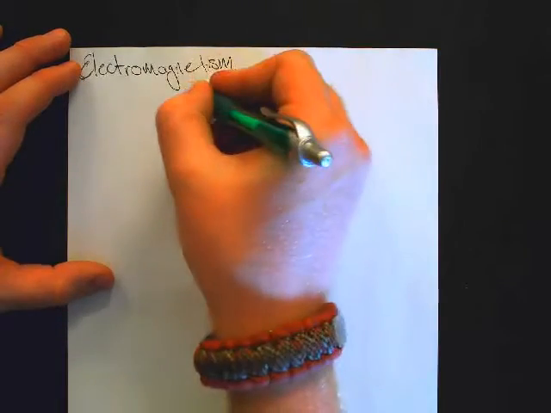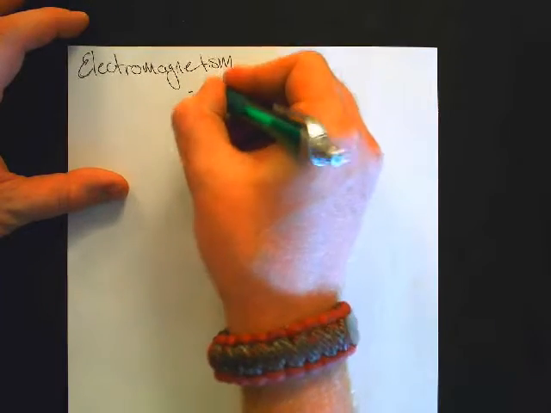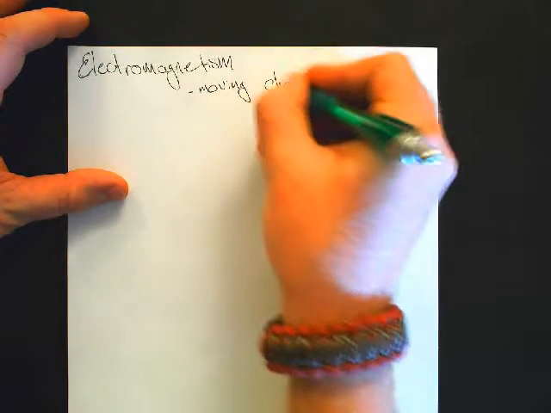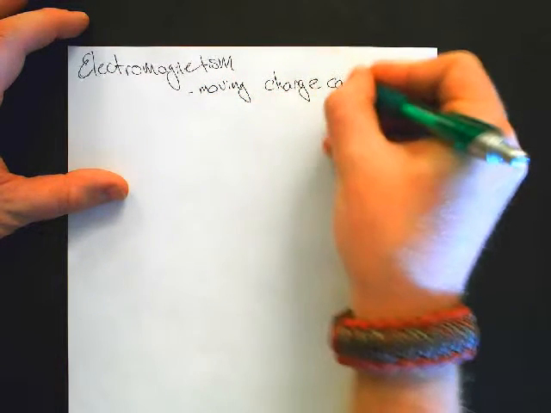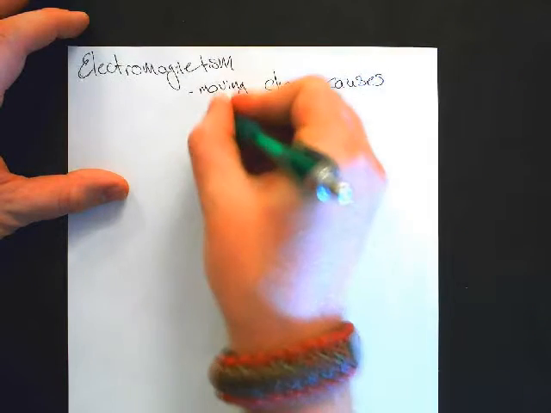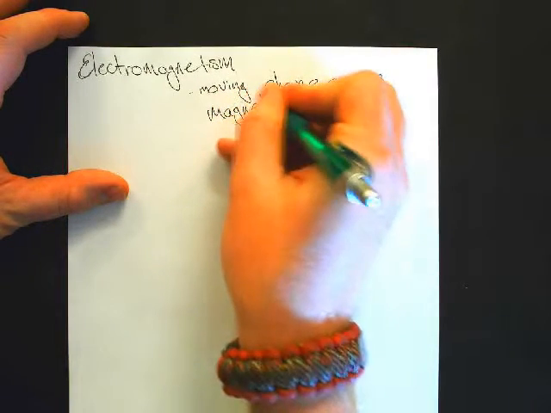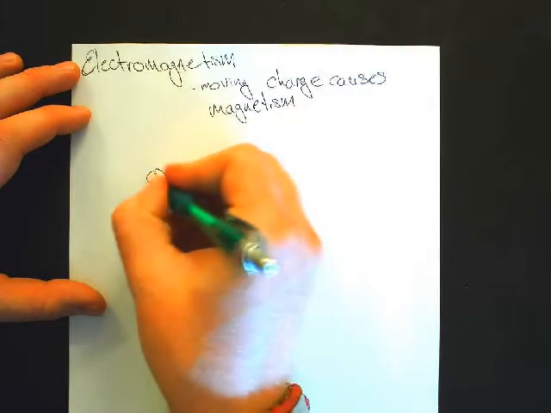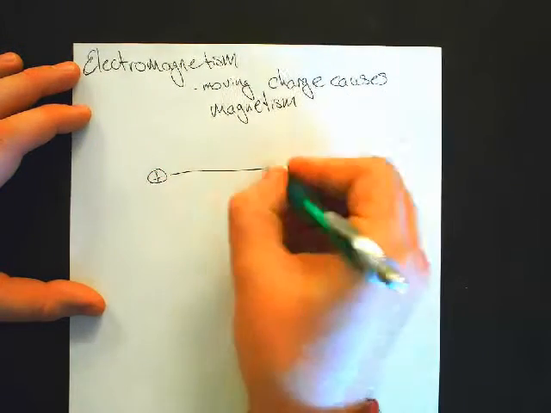The basic idea here that we're looking at is that moving charge causes magnetism. All right? If we have a moving charge, let's just talk positive charge for the moment, moving to the right